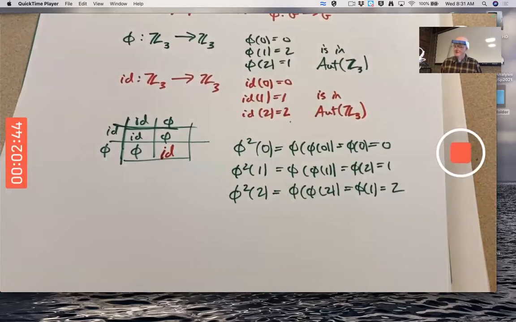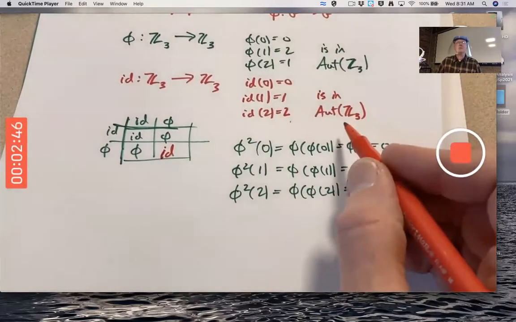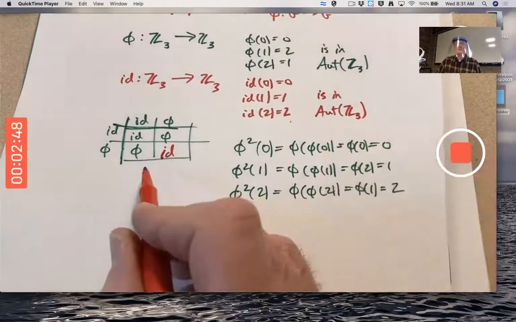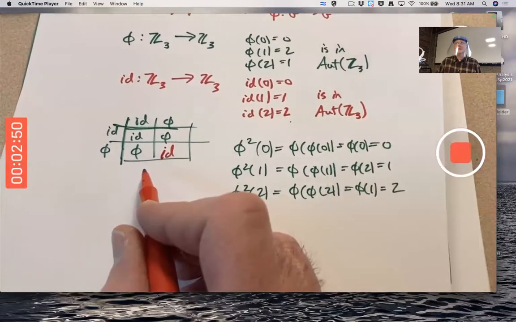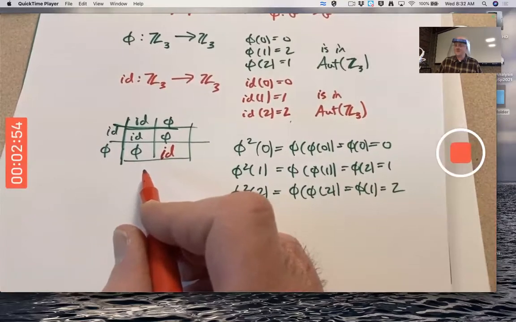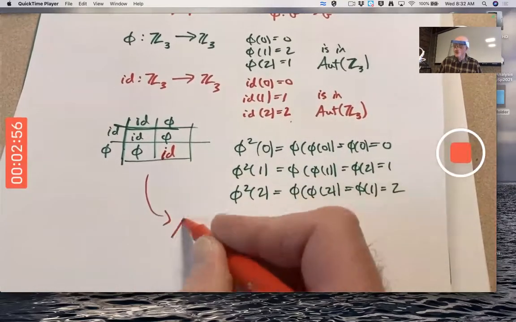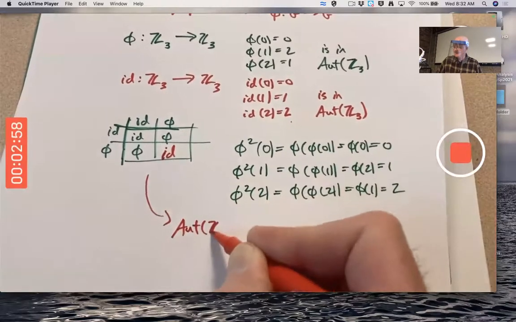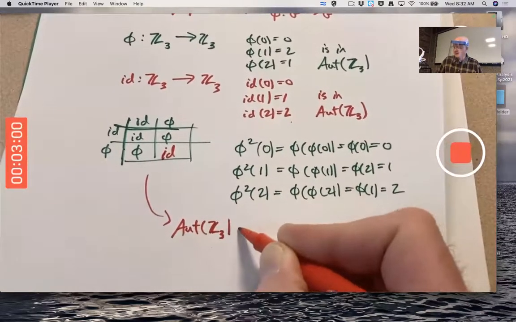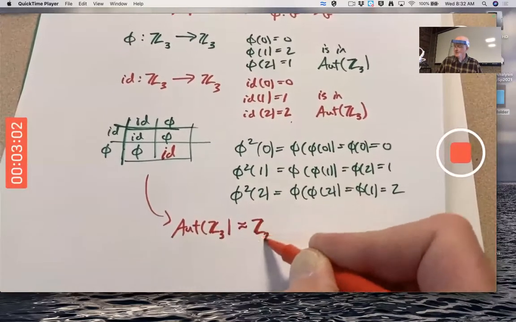In other words, Aut Z3 is a 2-element group whose Cayley table looks like this. That's isomorphic to Z2, right? Aut Z3 is isomorphic to Z2,